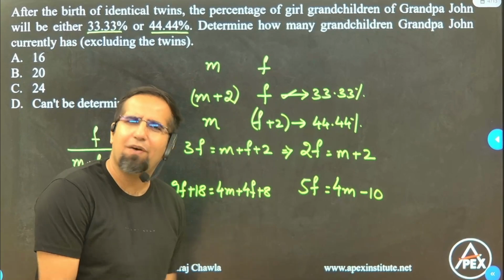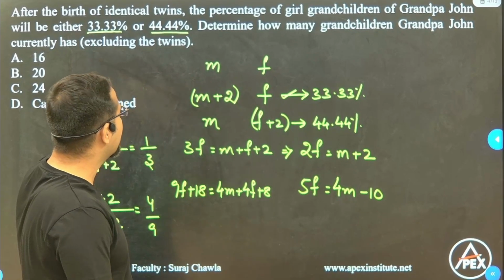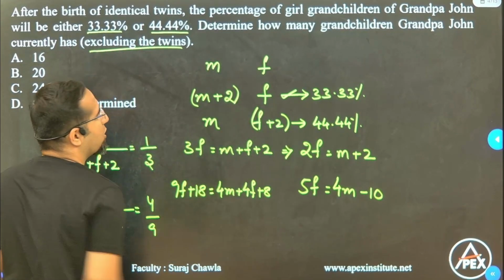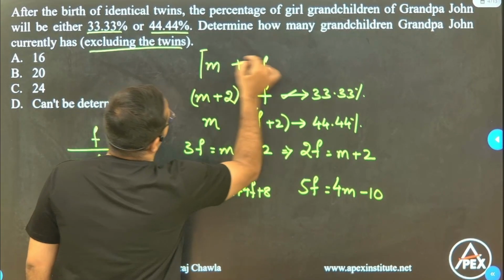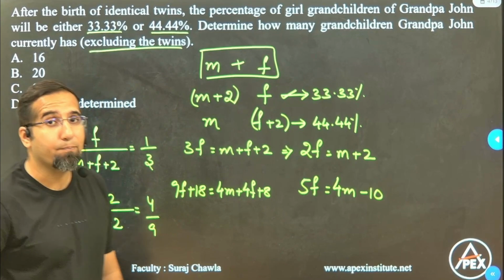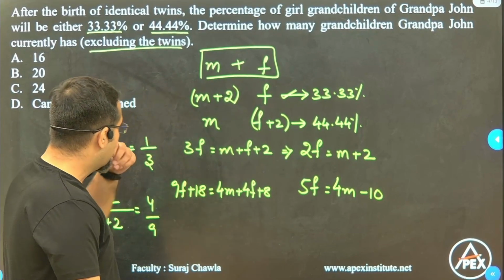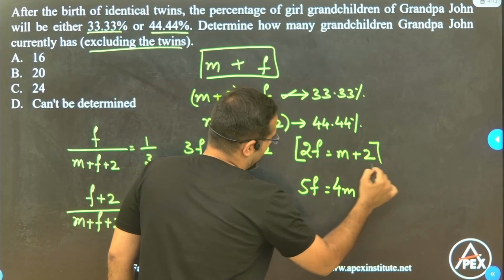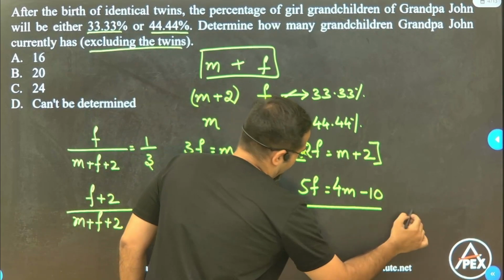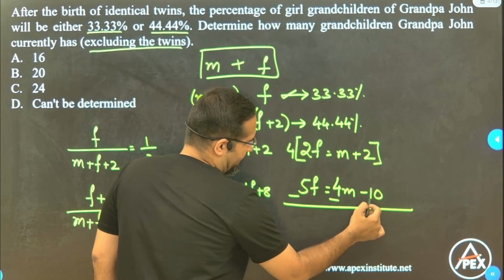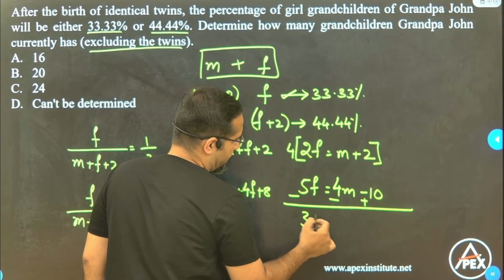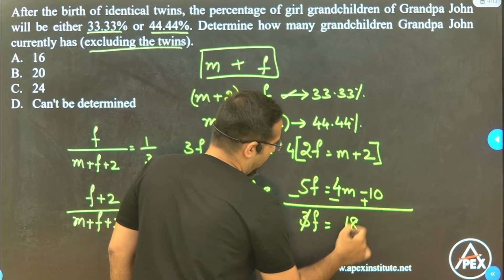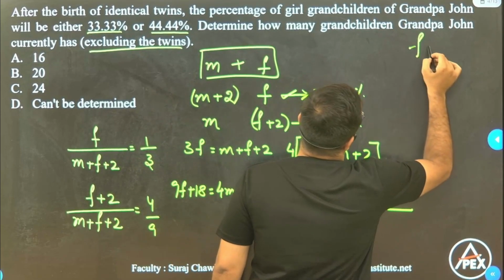तो हमारे पास 2 इक्वेशंस है, हमारे पास 2 वेरिएबल्स, आई कैन गेट द वैल्यू ऑफ m+f, राइट? एंड दैट इज व्हाट इज आस्क्ड इन द क्वेश्चन, हाउ मेनी ग्रैंड चिल्ड्रन दैट ग्रैंडपा जॉन हैड एक्सक्लूडिंग द ट्विंस। मतलब हमको जो पूछा गया है वो है m+f का वैल्यू। ठीक है, तो इजी पार्ट ये रहेगा कि अगर हम m को कैंसिल करेंगे तो लेट्स मल्टीप्लाई दिस इक्वेशन बाय 4। 4 2 जा 8, माइनस करते हैं तो 4 2 जा 8 माइनस 5 विल बी 3f, 4m कैंसिल हो जाएगा, 8 + 10 हो जाएगा 18, या f हो जाएगा 6।